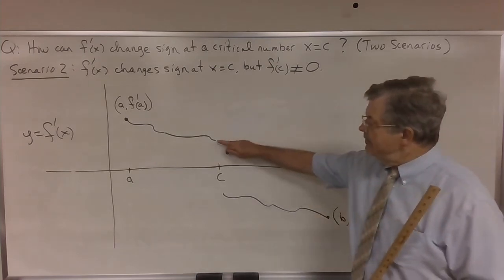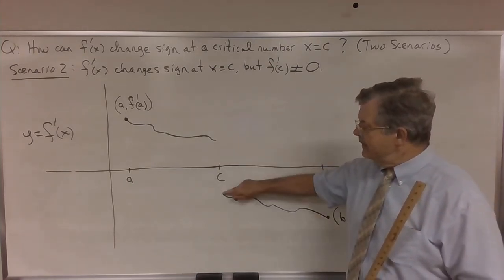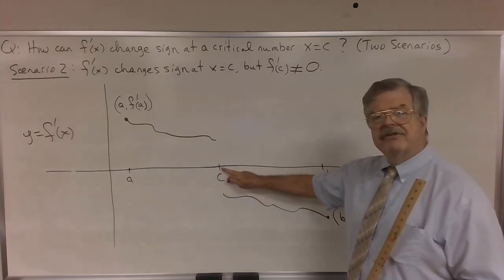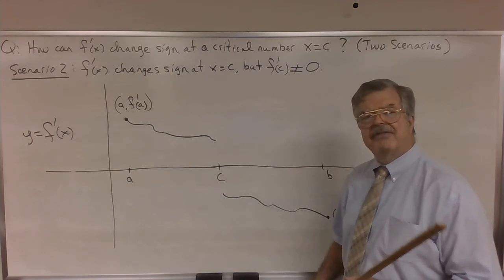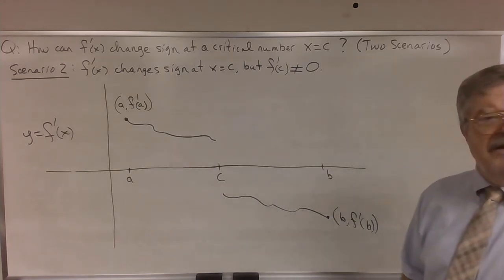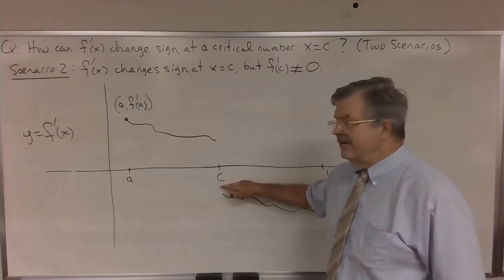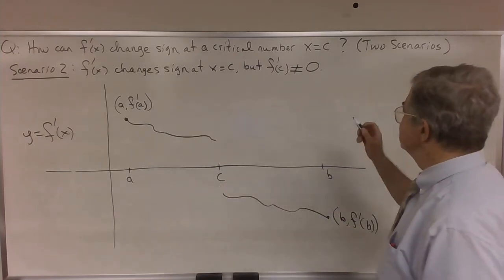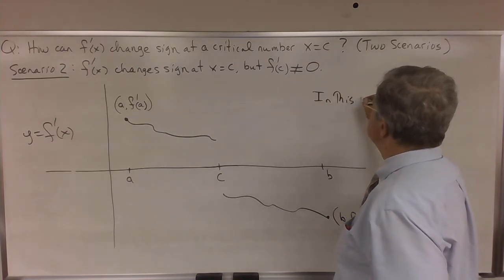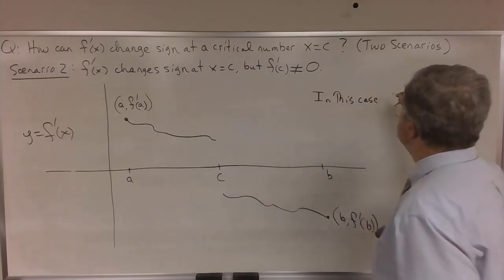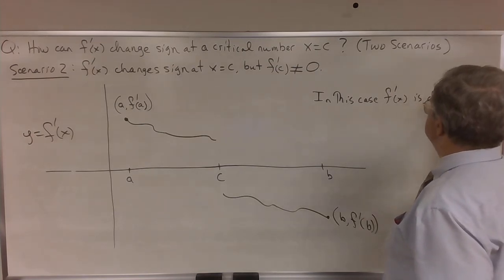The only way that the graph of the derivative can go from up here to down here without crossing the graph at x equals c is if there's a break in the graph right there. Son of a gun. The derivative has to be discontinuous at x equals c. So in this case, f prime of x is discontinuous